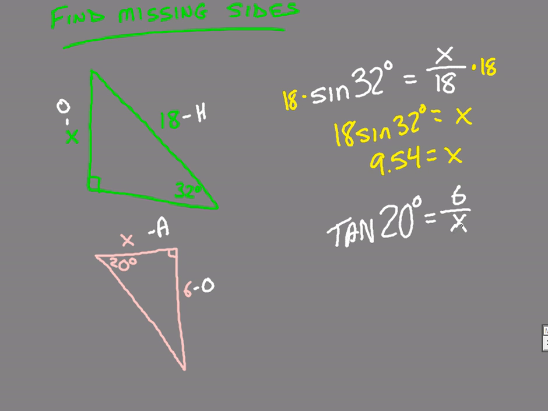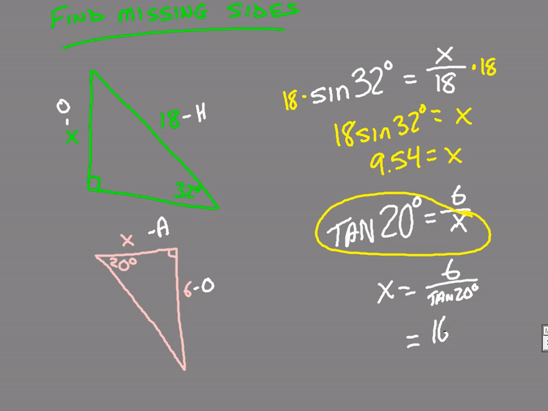Well, the shortcut to get x out of the bottom would be to multiply by x, so it would come over here, then divide by 20. Here's the trick. The x and the angle just switch spots. One's in the bottom, one's in the top, across from the equal sign. I can just literally flip-flop them and read it as x equals 6 over tangent of 20 degrees. And I can just type that right into a calculator. 6 divided by tangent of 20 degrees gives me 16.48